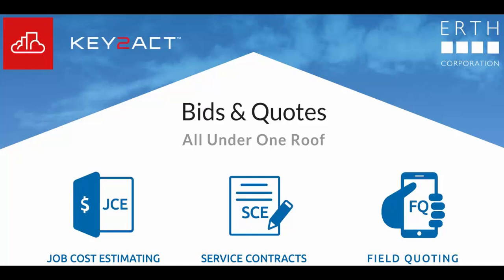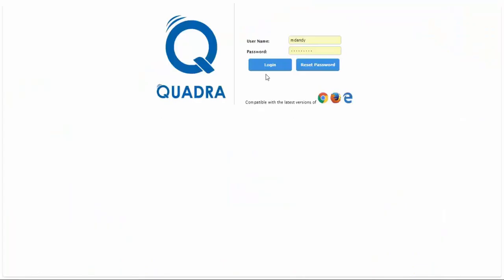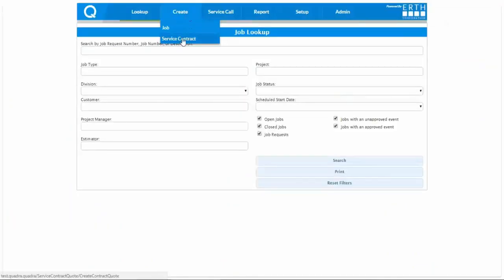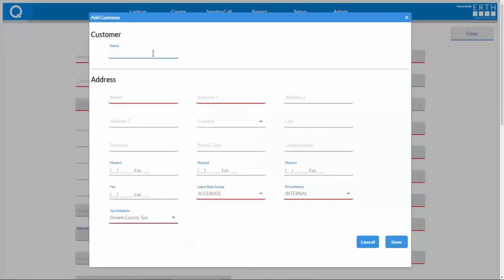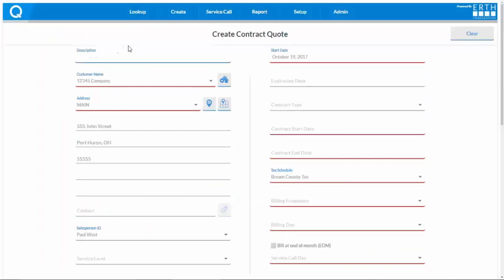Today we'll be taking a look at one of our newest modules added to our Quadra web-based estimating solution for service contract quoting. Users can log into our web-based solution, and upon login can now have a new option to create a service contract. Users can either select from their existing customers that they have already in Key2Act or add new prospect customers